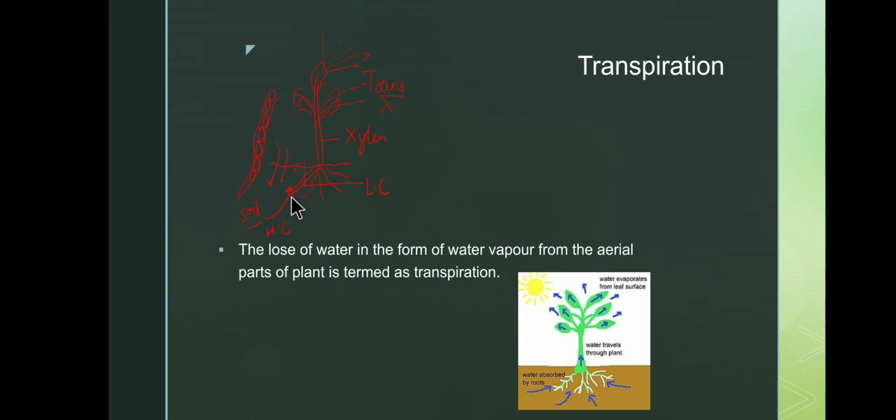This happens during the rainy season. When it's raining outside, the water is not lost by the plant to the environment in the form of transpiration, and hence we see that the pot filled with water also remains as such, and the water is not absorbed by the roots. Why? Because there is no loss of water, so no uptake of water will occur.